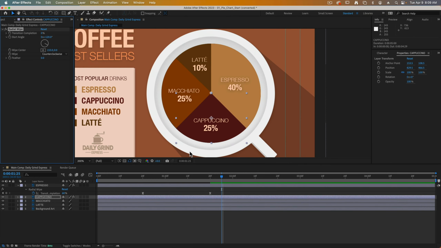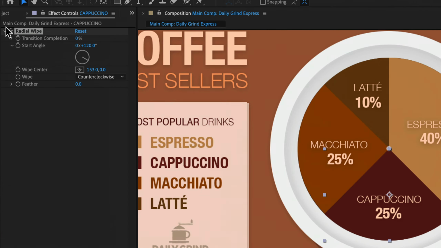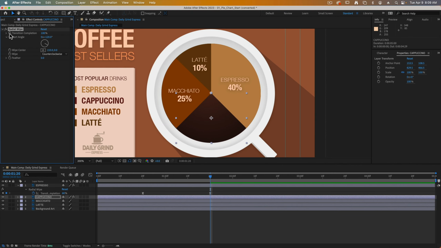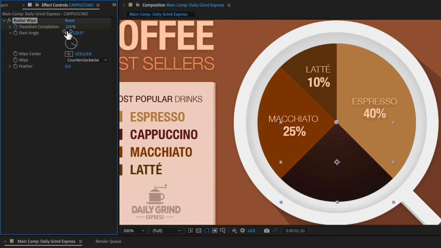We're going to move our current time indicator to 1 second and 20 frames. There it is there. Next, we can set our transition completion. Remember, we want it to be 100% as the starting point. Then we can click our stopwatch to turn on the keyframe. And since we're only moving it over 30%, we're going to set our transition completion,